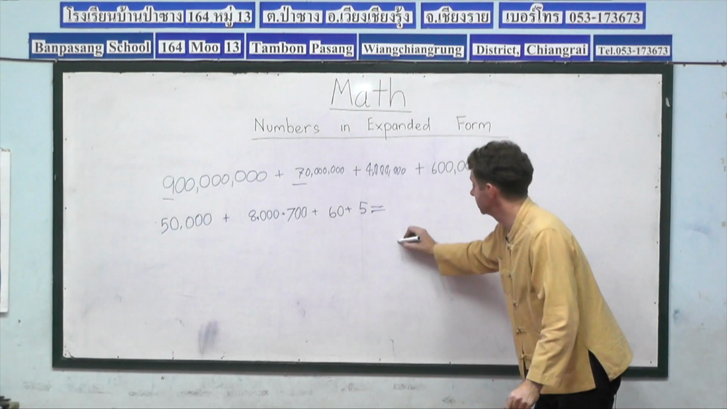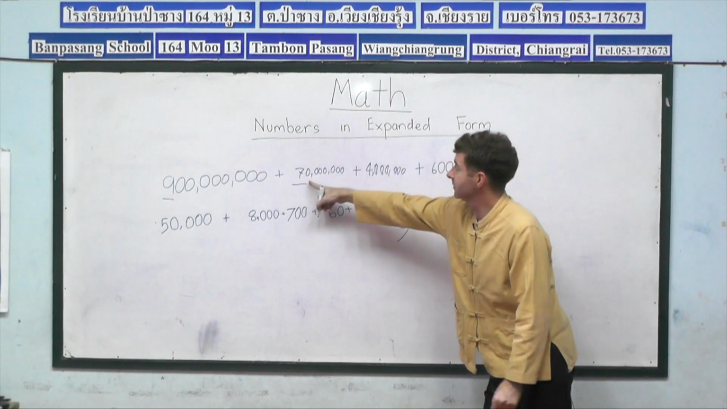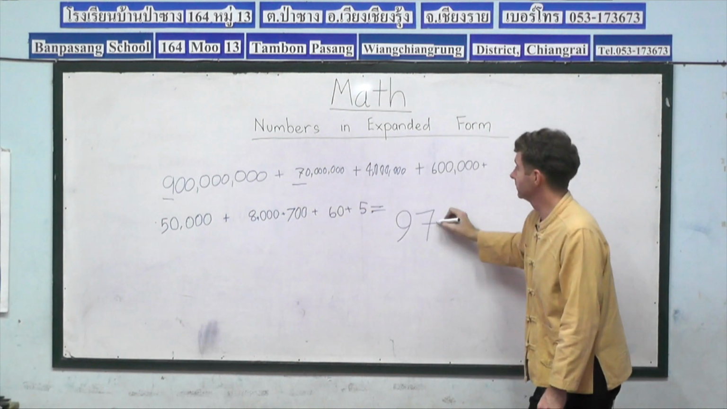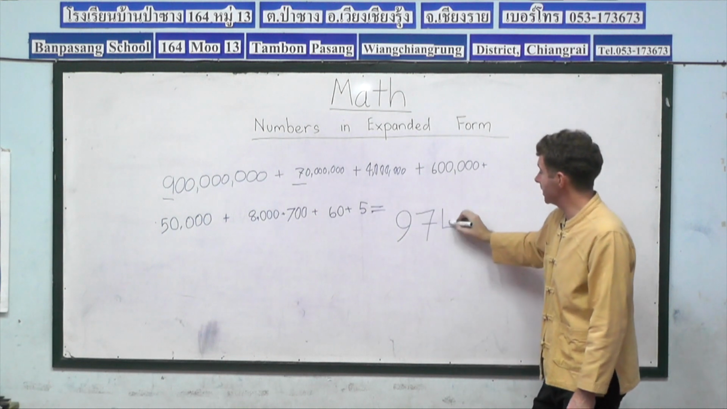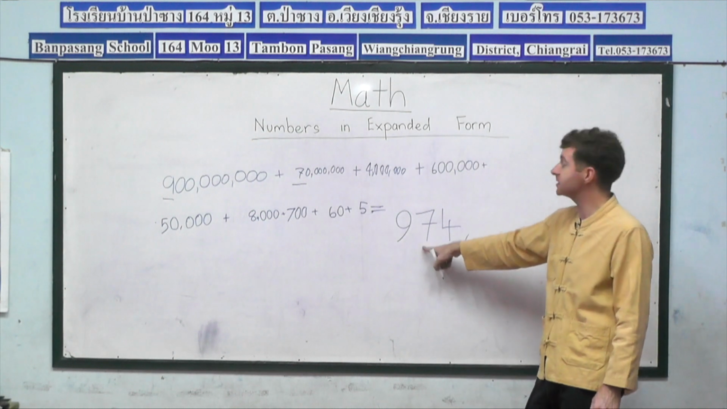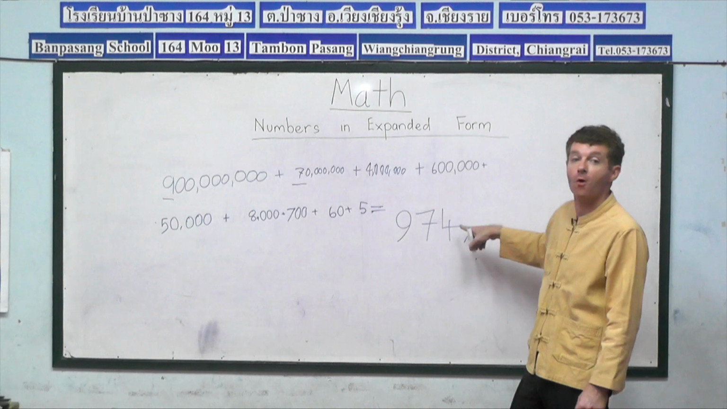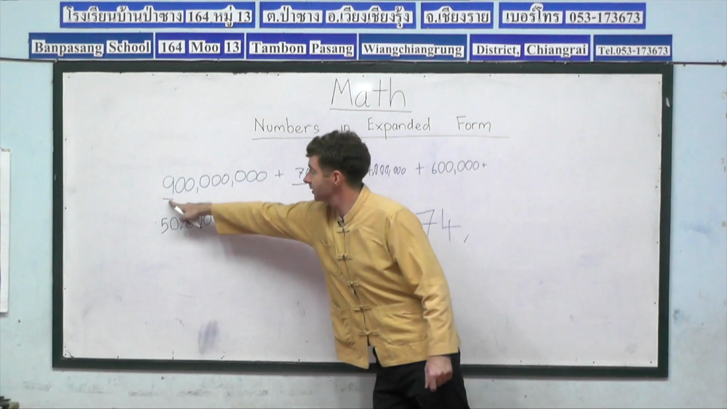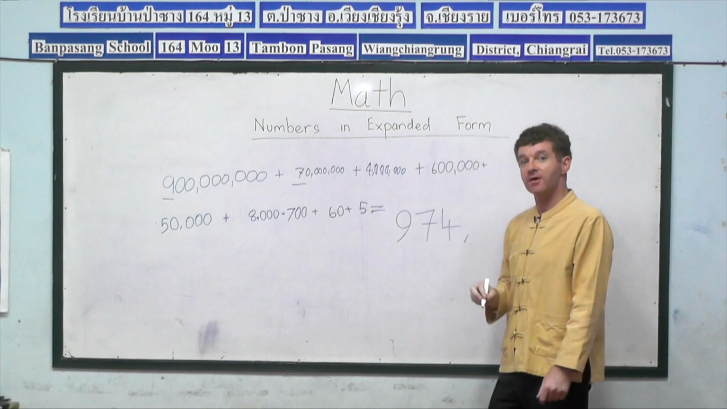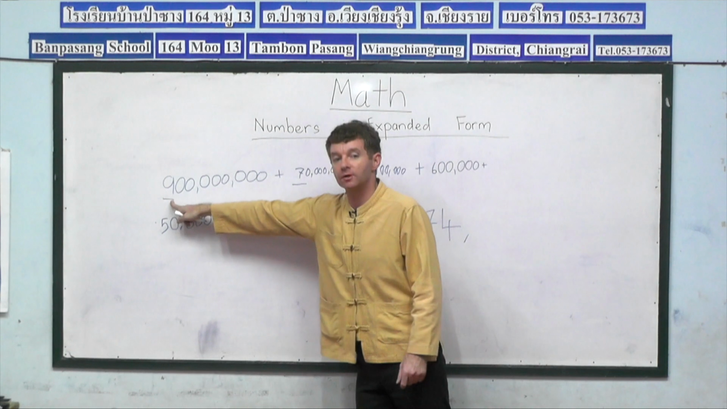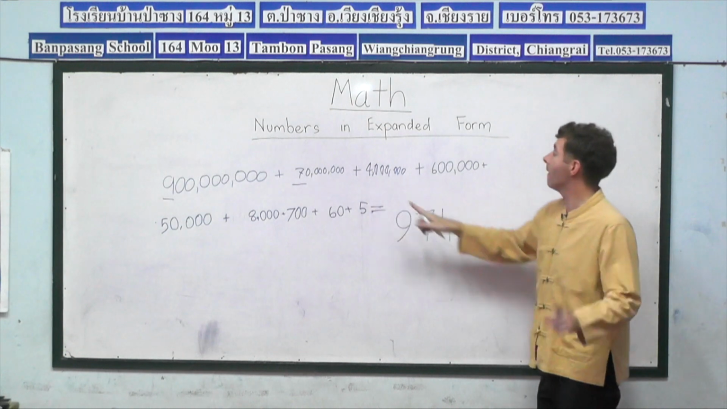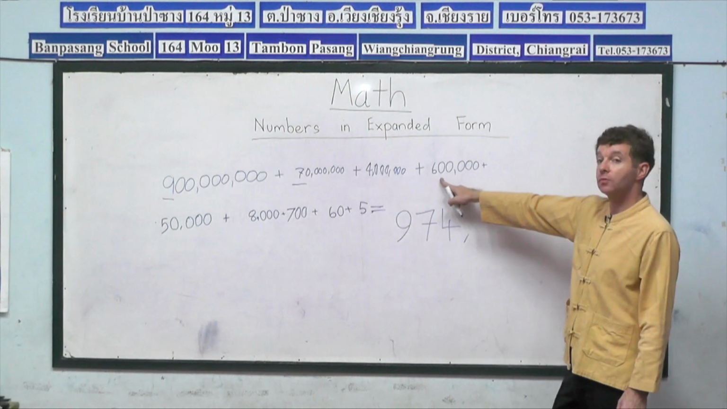900 million, 70 million. So how many million do we have, guys? 974 million. You see, to read the expanded number, we just take the value of each of the first digits. 974 million. And now